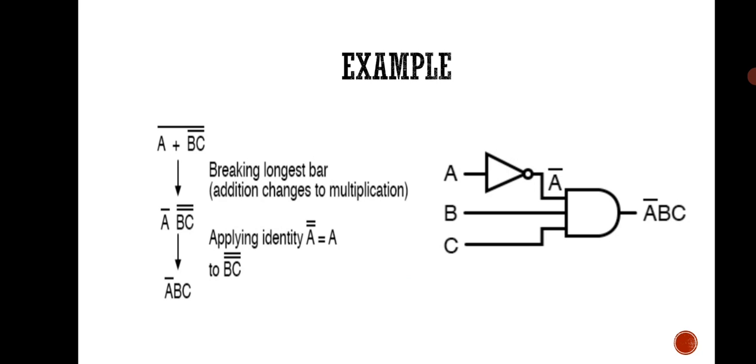Okay, then this is a representation of how we are representing it. The ABC, how we are feeding here, is A bar. This is a 3 input AND gate, I can say. Okay, this is how it is represented. You can refer to a few more examples in detail on Google if you want.